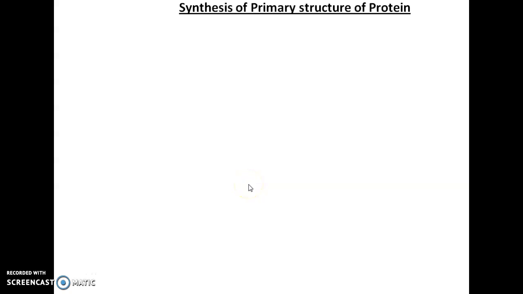Today I am going to talk about the different structures of protein from primary structure to quaternary one. So here suppose we have a few amino acids with different R groups